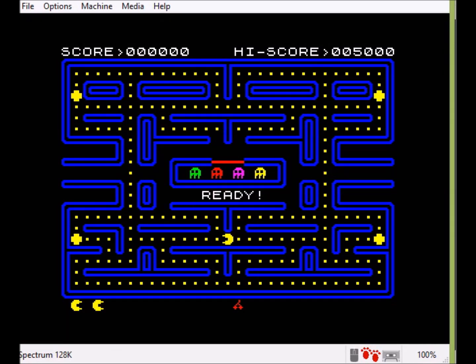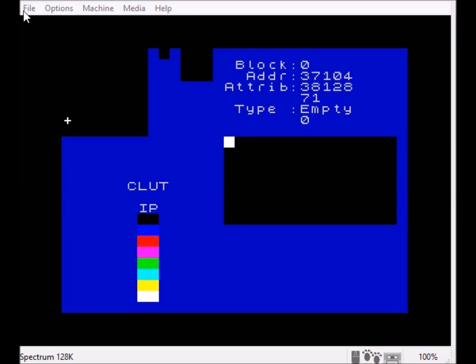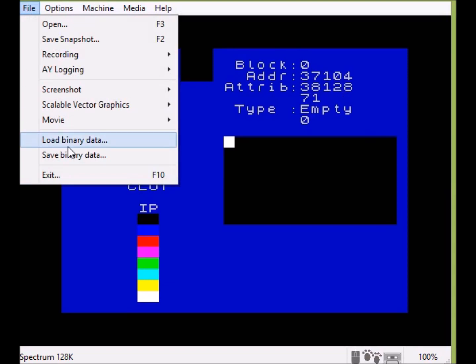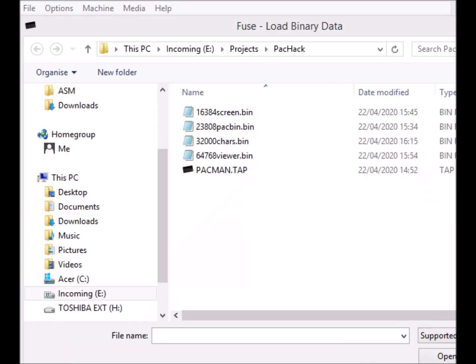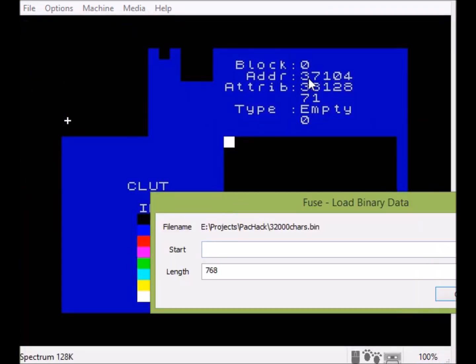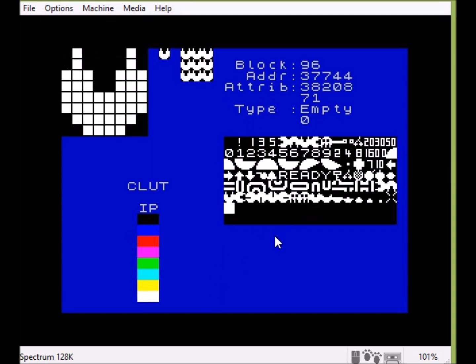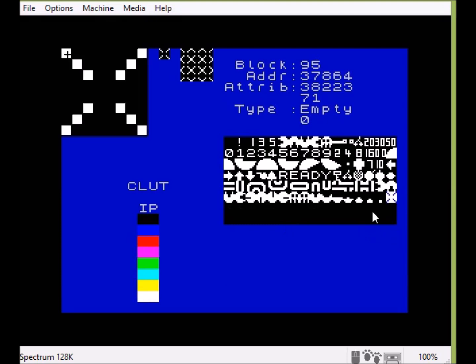So now we've got that, let's go back to the AGDX and see if we can load this in. Okay, so here we are. And let's load the binary data. Now, this number here tells us where the block data is stored in AGDX, so we just need to load it in at that address. Okay, we'll reset and come back in, and there you go. So I've actually overshot. We didn't need 8 sets, we only needed 6 rows of characters, so don't need to worry about that. Now obviously there's no color in here,